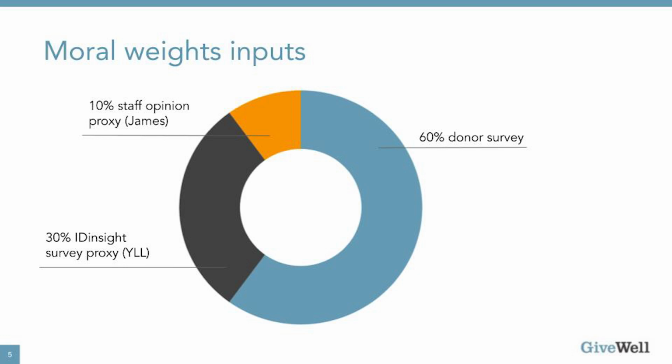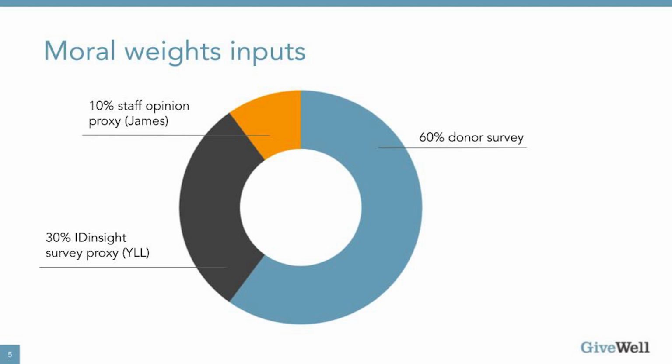The benefits of this survey were that we were able to ask pretty granular questions that lets us get to a curve like the one I showed before about ages, and that we think GiveWell donors are engaged in this question. They are the users of GiveWell's research, so we do want to take into account what they think. But some of the downsides of this are that it's not the most diverse sample, and they might not necessarily have complete knowledge or much context-specific knowledge about the places that we're trying to help.